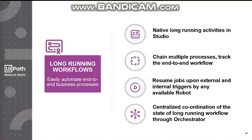Now this is also a part of the Action Center. With this functionality, you can chain or link multiple processes using native long-running activities in UiPath Studio, and you can orchestrate the robot and human tasks. Robots queue up the task for users to act on, and then they become available for the next assignment. Whenever the action is completed, the next available robot would simply resume the job. One great thing that our users get with Action